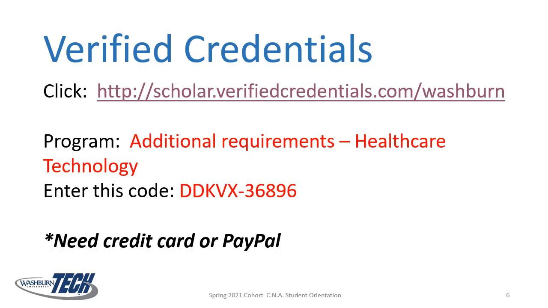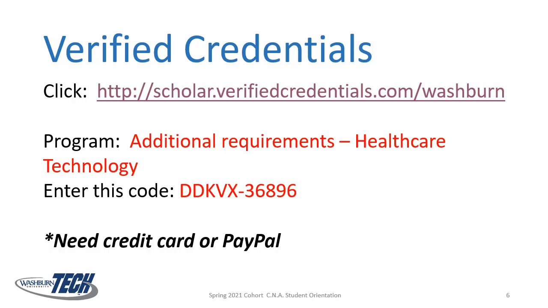Verified credentials. We also call this VC. Let's walk through the first few steps to create your account. Go to the website scholar.verifiedcredentials.com/Washburn. You will enter this code, which is specific to our program. Capital D, capital K, capital V, capital X, 36896. Note, there is a fee to create this account, and you will need to either have a credit card